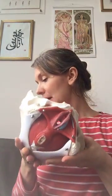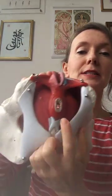So I'm going to put this one away, and I'll use my hand instead to show you. We'll do it like this. My fingers here are the vaginal opening. Down here would be the perineum, or the perineal body, the area that moves down towards the anus, and up here would be towards the clitoris and the urinary tract. So if this was a clock, you could say this would be 12 o'clock and this would be 6 o'clock. And depending on how you're looking at me, for me, this would be 3 o'clock, 6 o'clock and